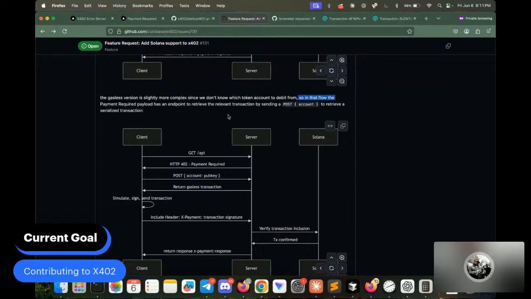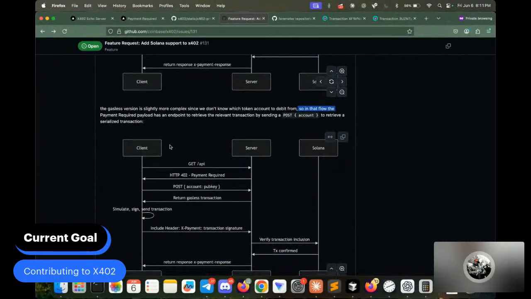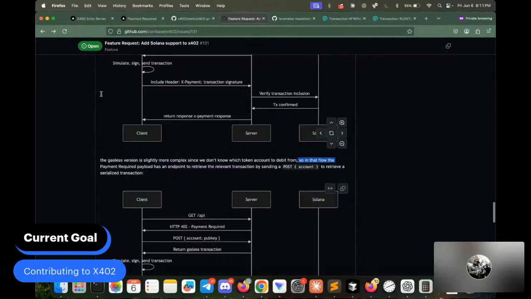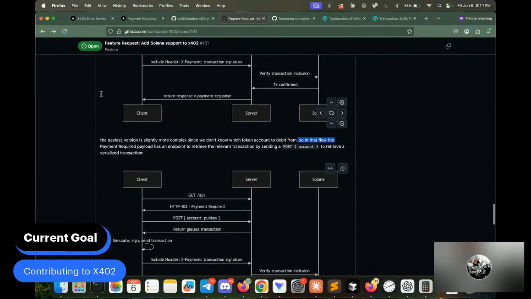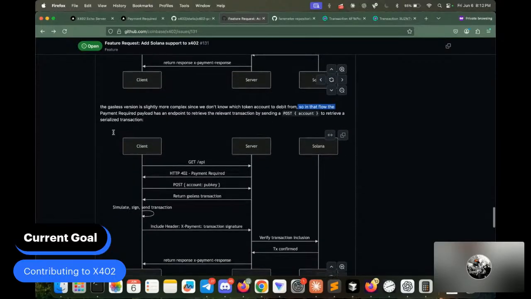Gotcha. Yeah, so in the gasless version where the user isn't paying for the gas, the server needs to know where it's going to get, like, which